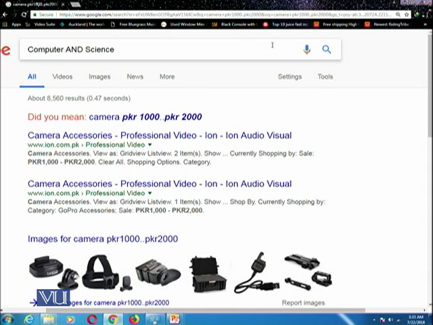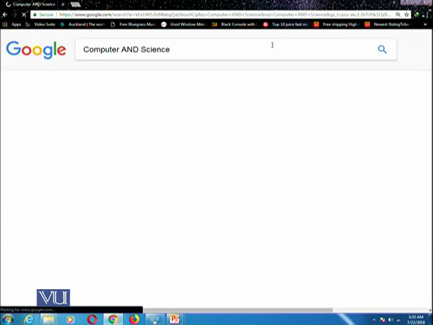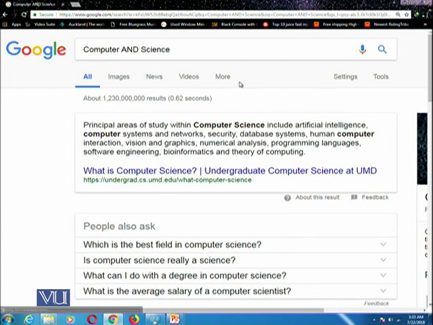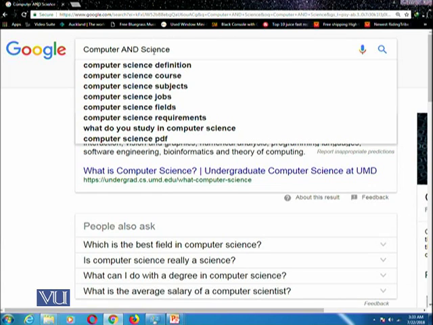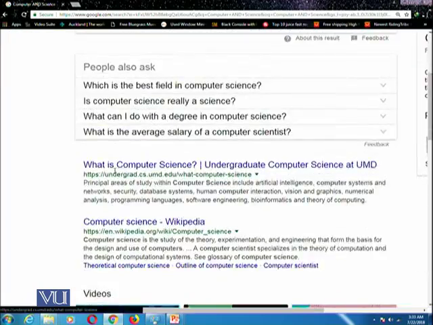So this is one of the ways of searching, and this is called a Boolean search because it is based on two terms and using a Boolean operator.